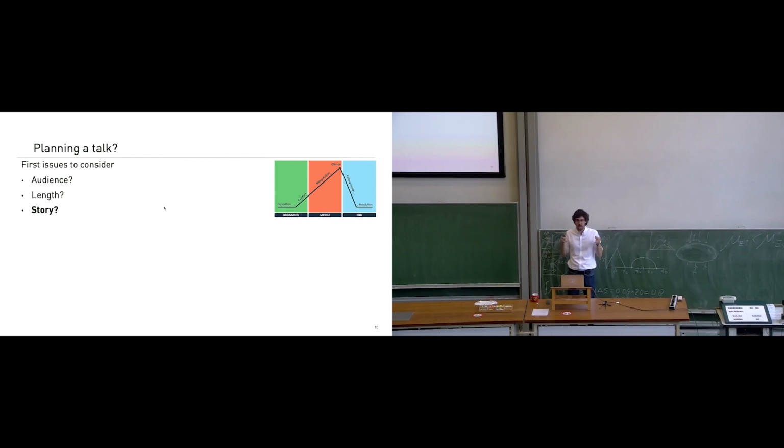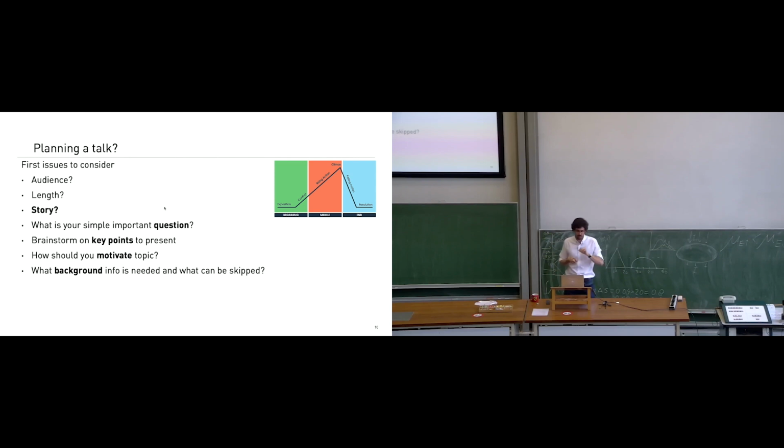What is the story? Here it's pretty clear, right? If it's a research aspect, it's probably linked to the main research question. It's about that, and you're building a story about that. So what's the most important question? You want to brainstorm what the key points are, and how you should motivate them, right? So what do you need? What does the audience need? Because of background info: how do I get the audience motivated to listen to me? And also, how do we get them up to speed so that what I'm going to show is understandable for them?